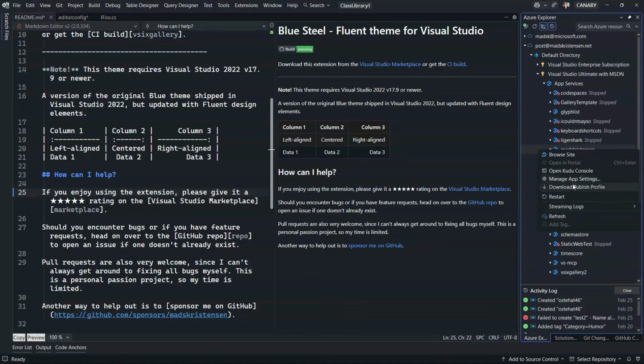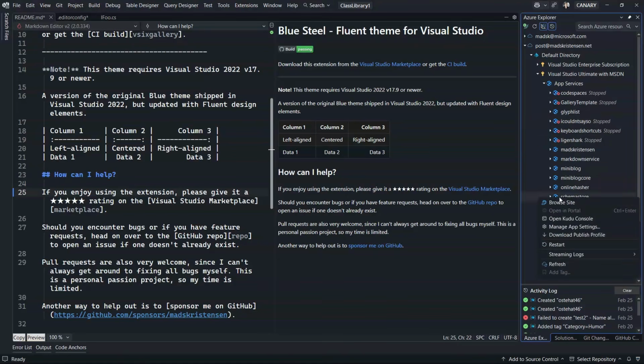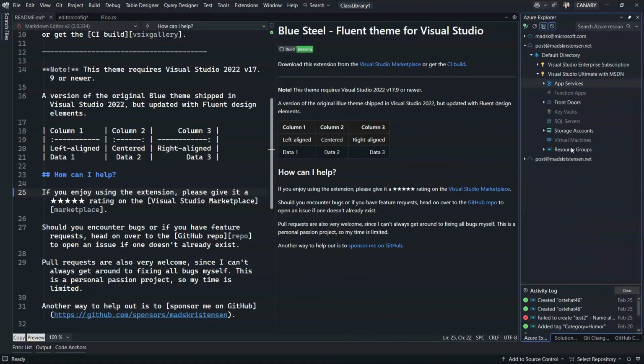Right. I can download publish profile. I can restart any of these apps right here. Any of these app services, restart them right from here. I can start the streaming logs. So if I want to see the HTTP traffic coming in from a live site, I can just, let's see here. Do I have any that has any real data on it? I can just execute. It takes like a few minutes for the service to start it up. The whole idea is that I can access all this from right here.